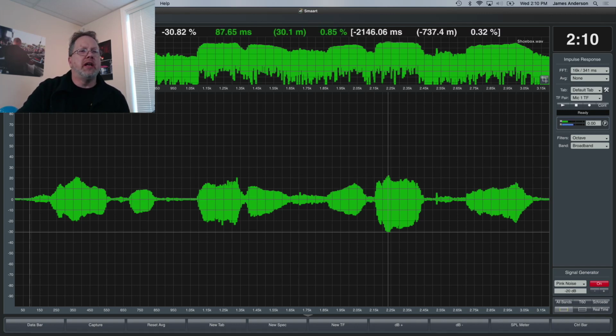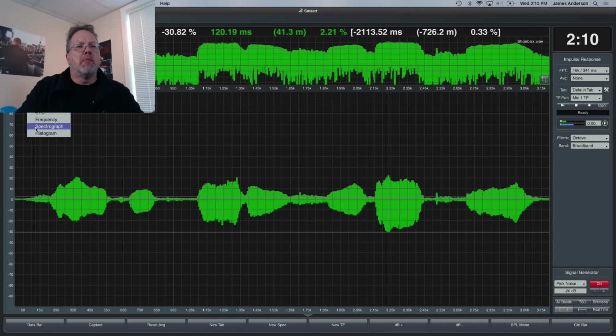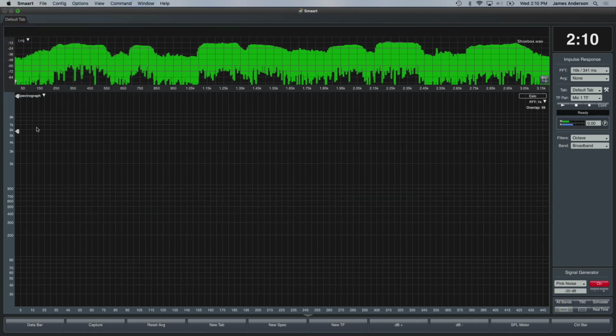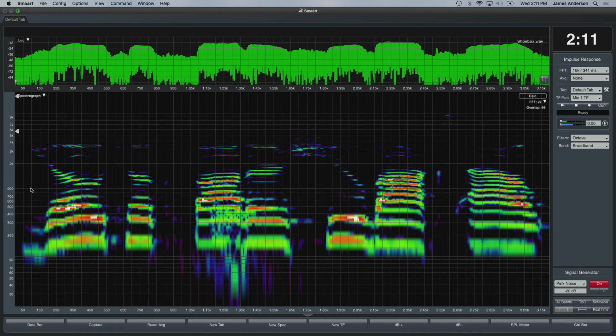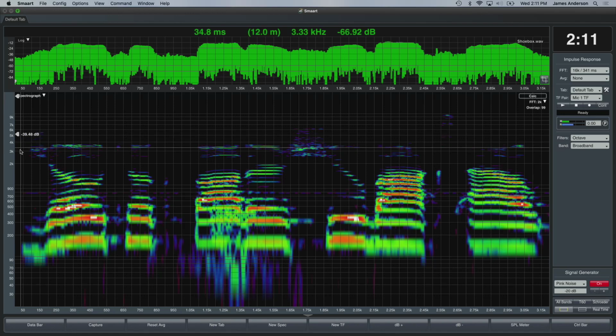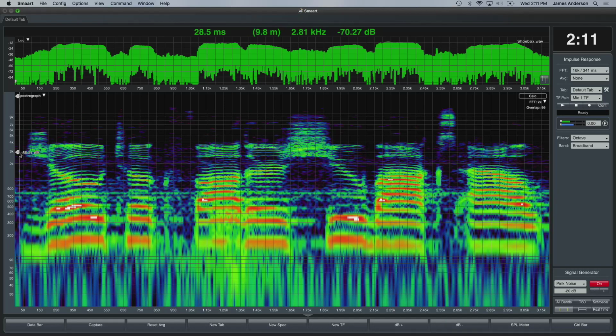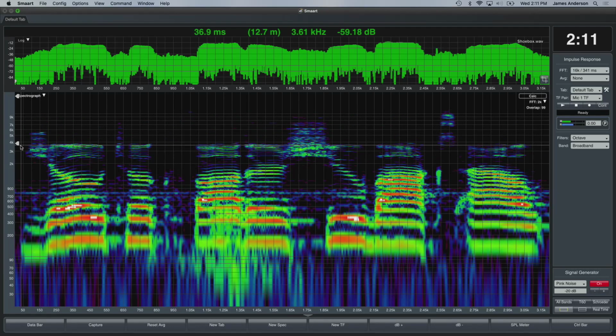But what I find interesting here is what we can do in this mode is not just looking at log and linear views of these, but we can run a bunch of FFTs to create a spectrogram of this wave file. So I'm going to run a whole bunch of 2K FFTs heavily overlapped, and I'll calculate, and I'm going to set the dynamic range here. This is the same thing as in real-time mode. These little tools on the side are the dynamic range controls for the